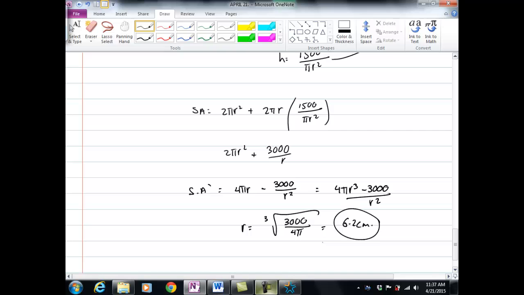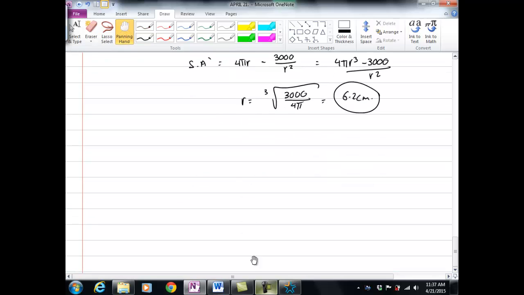All cylinder questions work on the same concept. Your work for today: